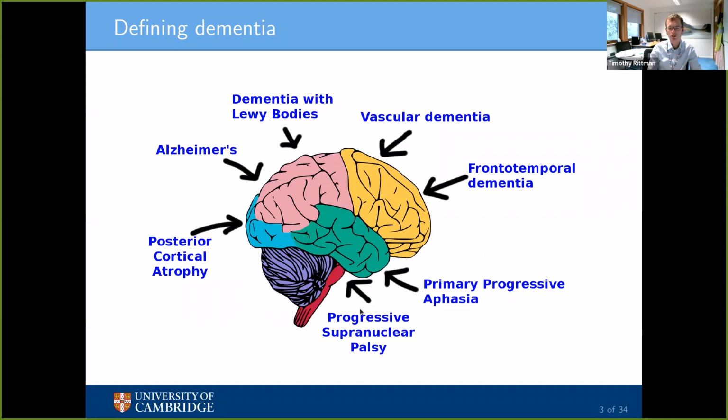And there's some other neurodegenerative diseases that cause sort of memory and movement problems, like progressive supranuclear palsy, which affect this sort of bottom of the brain called the midbrain and brainstem and basal ganglia. So when we talk about dementia, we're talking about lots of different types of diseases and syndromes affecting specific parts